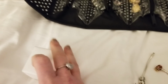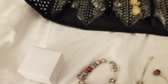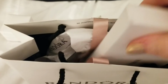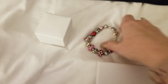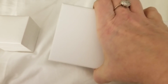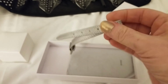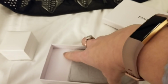Because I got so much at the Pandora outlet, I was able to secure a gift with purchase, which I got right here. I'm going to take this out and show you guys this awesome gift with purchase. Now, you spent $125, you got this gift. I am pretty stoked about how cool this is. So this is the little strap that comes with it, and in the wrapping paper here,